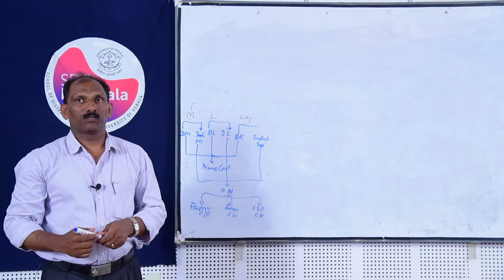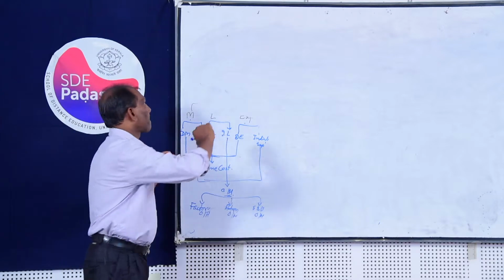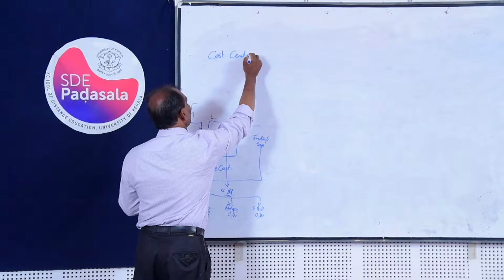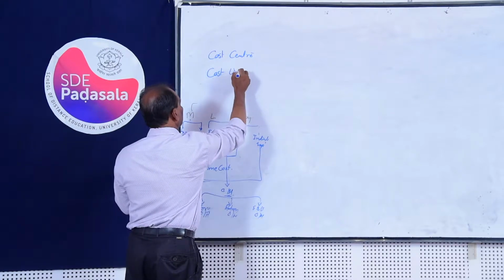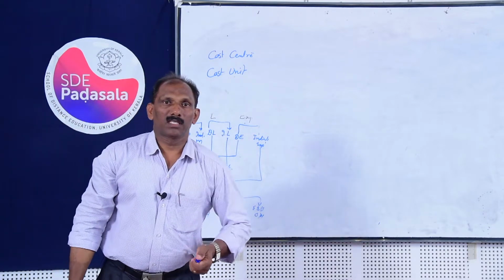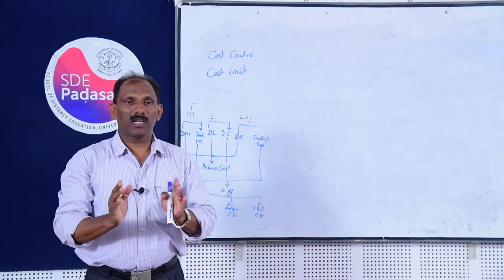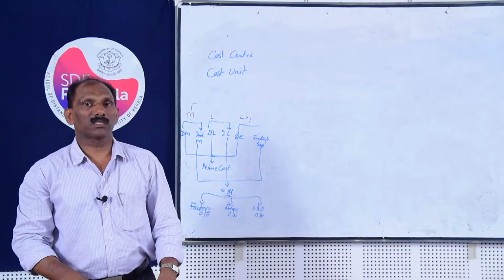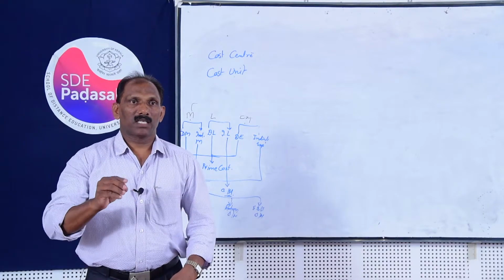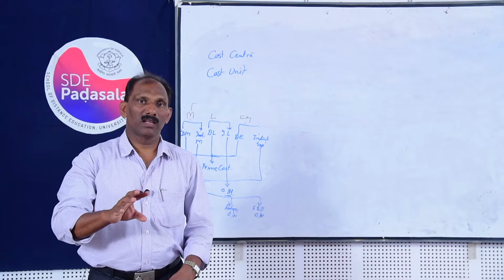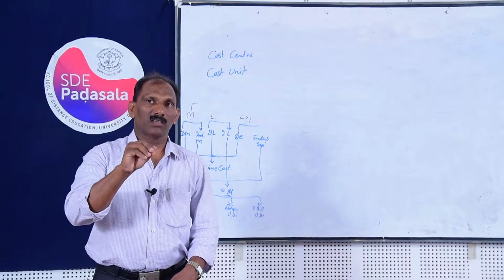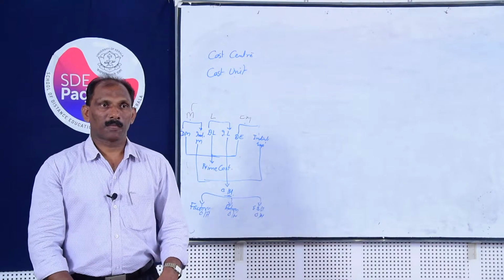Before going into detail, I am giving two terms: cost center and cost unit. Cost unit is the unit of a product, meaning a part of the product for which cost can be identified. Suppose you are purchasing a commodity, it will be divided for fixing or identifying the costs.